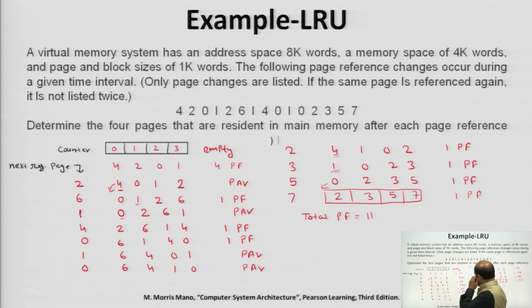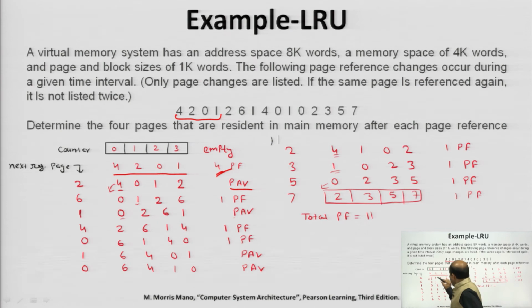So, let us talk about the same example. In this particular case, initially this queue is empty and only 4 pages can be stored in this memory space. So, 4 entries we will first introduce, or 4 pages can be transferred into this memory space. So, 4 page faults will occur the first time, because these are different pages. Now, next is 2. 2 is available, so we simply write that the page is available.